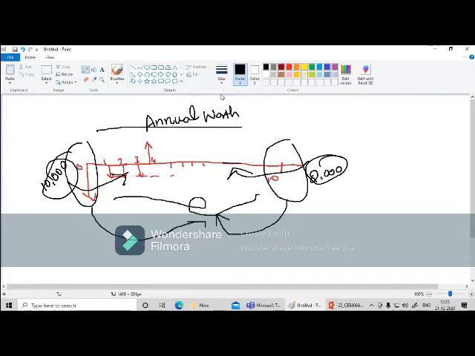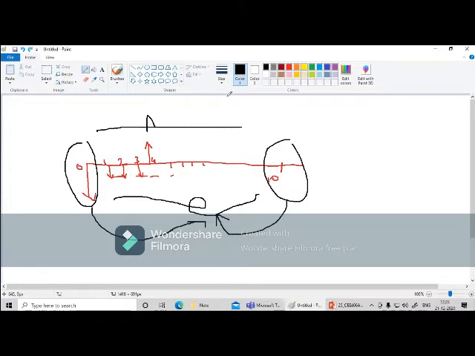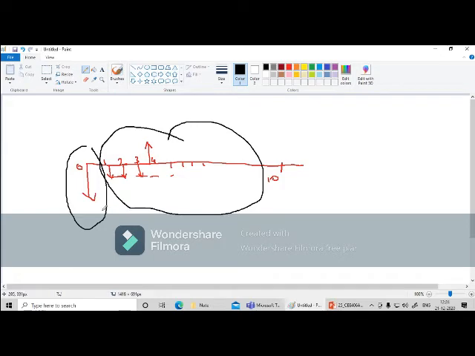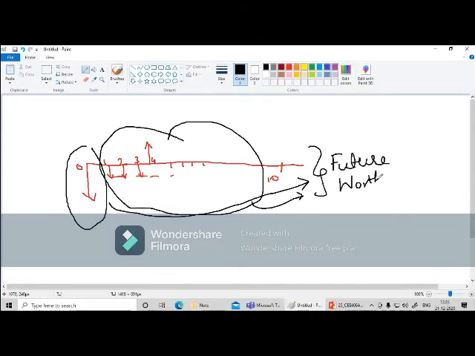Okay, but in the same way, if you convert all the values of beginning and middle annual to the last stage, means at the end of the useful life, if you are going to convert all the values to here at this stage, we call it as future worth. Okay.